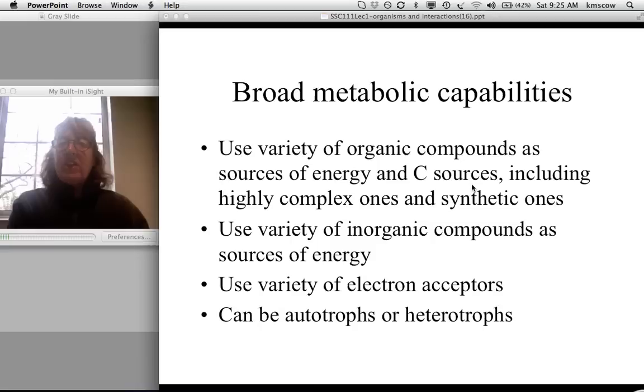So bacteria have very broad metabolic capabilities and use a huge variety of organic compounds, even ones that we call pollutants, as sources of energy and carbon. This includes compounds that we as humans make. They also use a variety of inorganic compounds as sources of energy, use different electron acceptors, and can be autotrophs and heterotrophs. So let's look at these